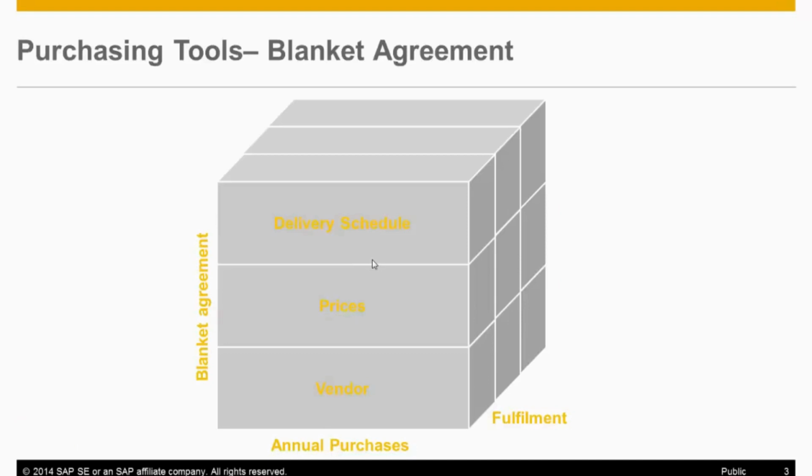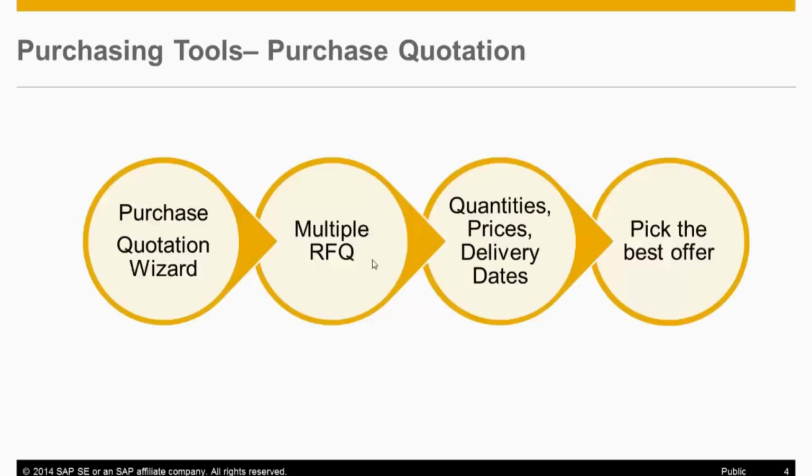With SAP Business One blanket agreement, you can plan your purchases for the entire year, including delivery schedule and set prices with your vendor, and then you are able to keep track of the fulfillment level at any point in time. For purchase of new items, use the Purchase Quotation Wizard tool, which allows you to send multiple quotations to your vendors, requesting proposals for quantities, prices, and delivery dates, and based on their replies, select the proposal that best fits